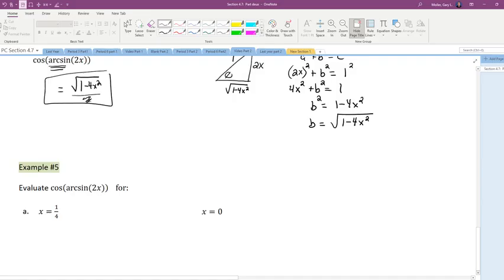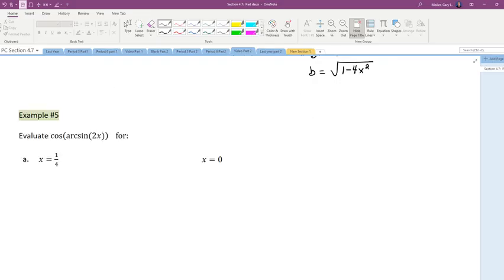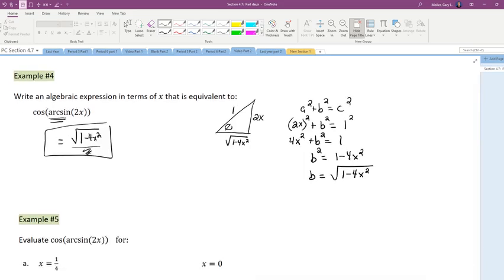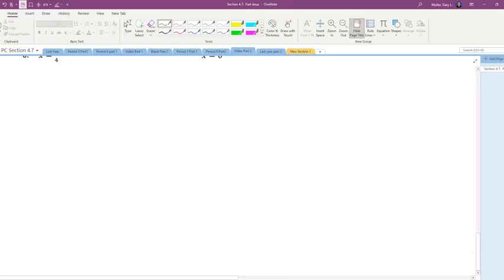All right, evaluate the cosine of the arcsine of 2x for x equals 1/4 and x equals 0. So before I answer this question, I'm going to go back and see how it relates to my previous question. It is the same question. We said that the answer to this question could be found simply by doing the algebra we did a minute ago. So we could approach this two ways. We could just plug in 1/4 and do the math from scratch. So option A,